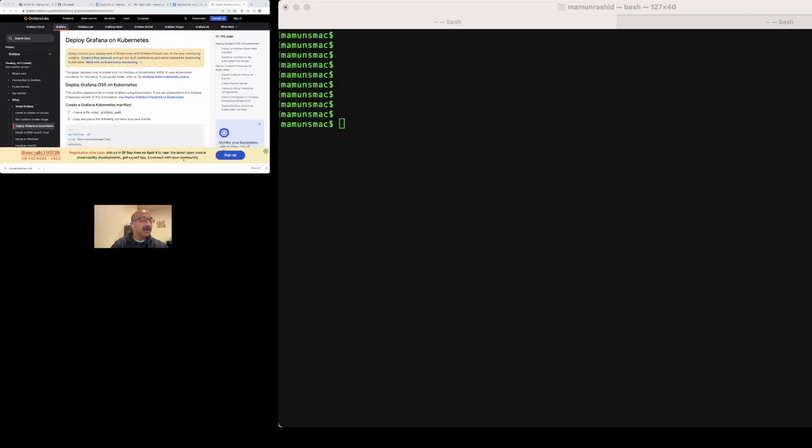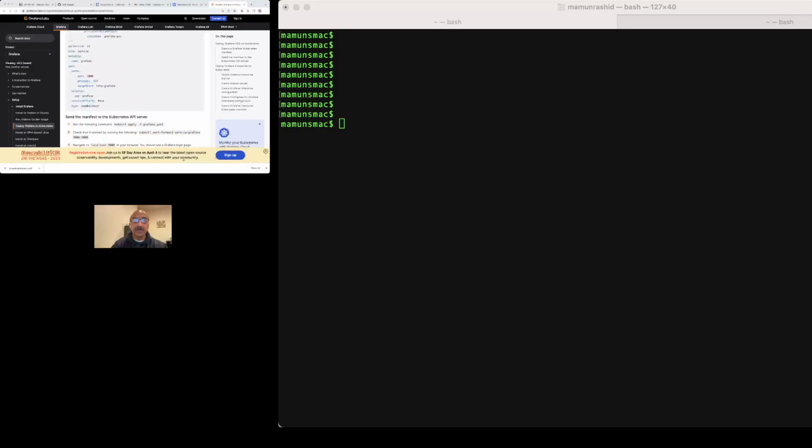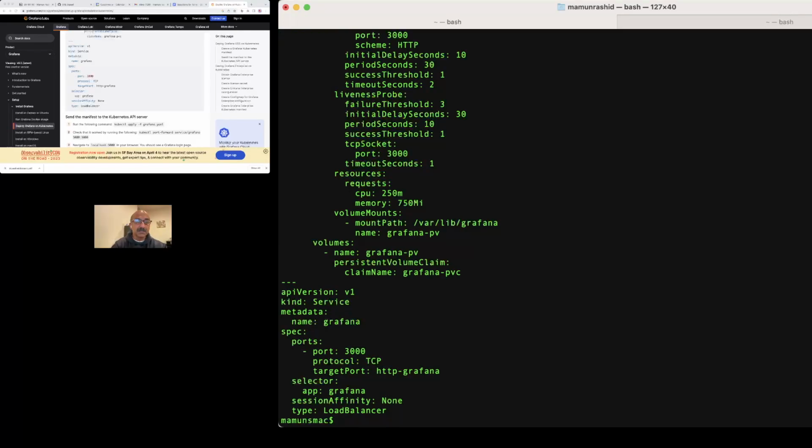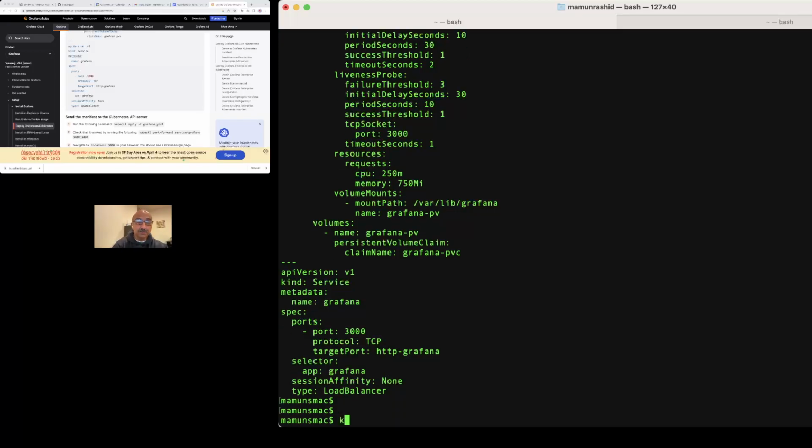All we have to do is copy this file that they give you, a YAML file that has all the things that you need. I already have this on my computer, so I can just show you. It's just a YAML file. I just copied it, pasted it. I didn't even look inside it. It just works. So what I'm going to do is apply that file,